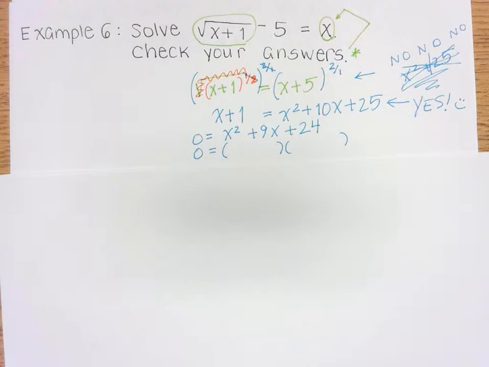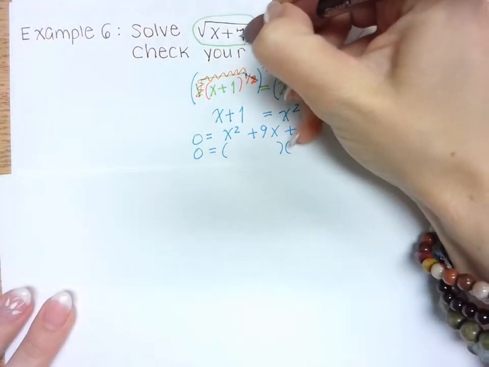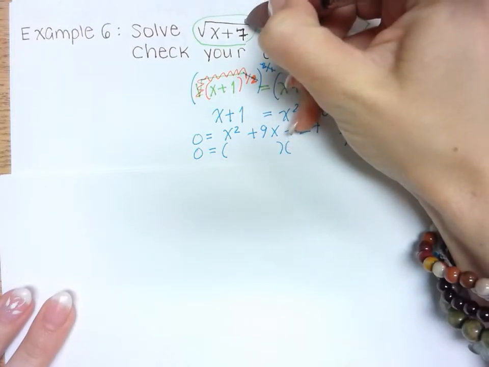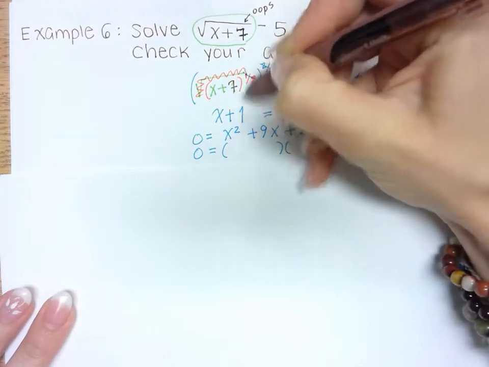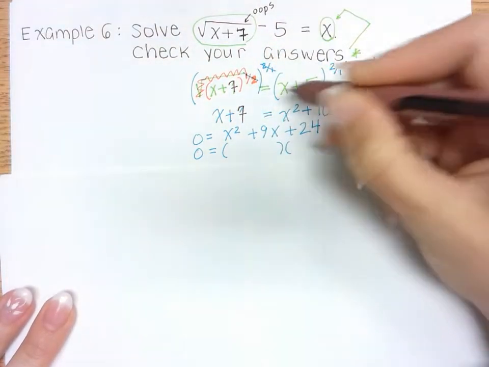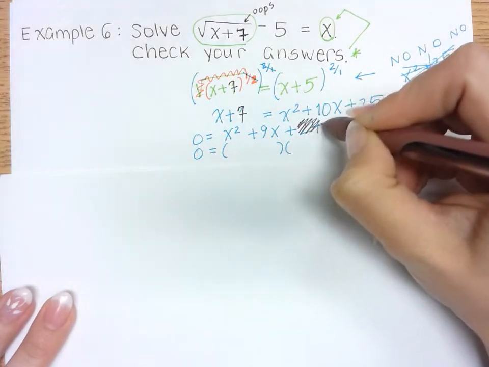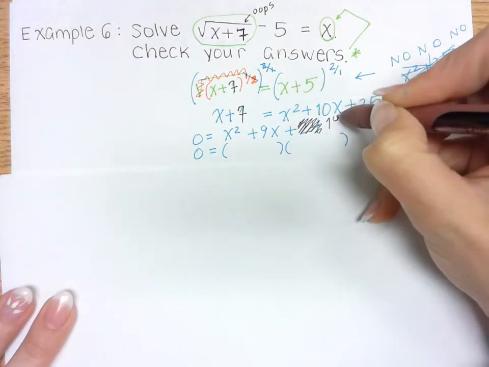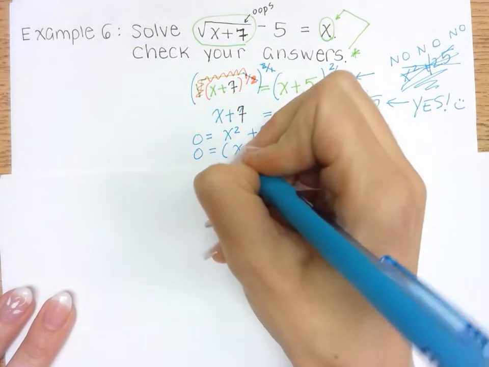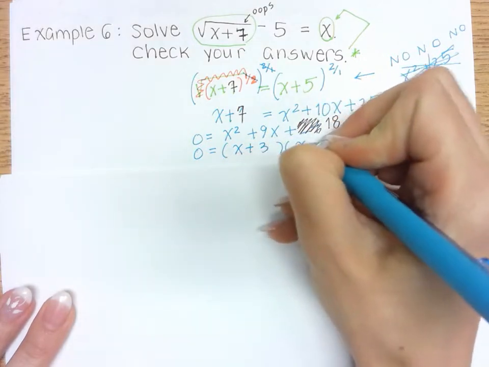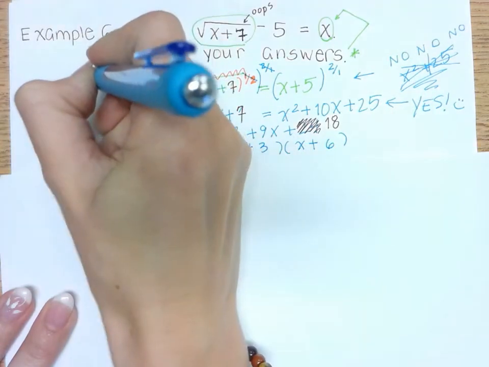So I just noticed a mistake. This was supposed to be an x plus 7. Okay, oops, sorry. And if that's a 7, that's a 7, that's a 7. If I bring over 7 from 25, that makes this an 18. Okay, so it changes things a bit. That's going to be x plus 3, x plus 6, and then we solve this with the